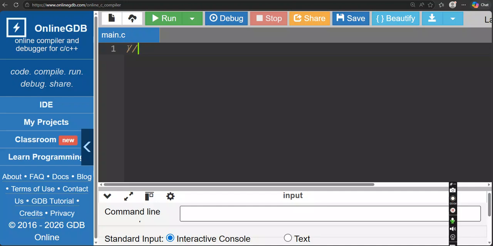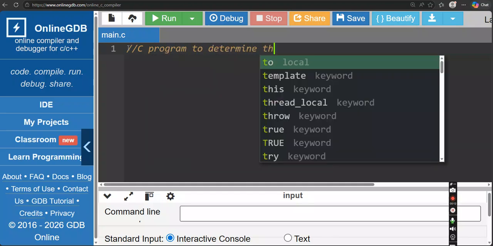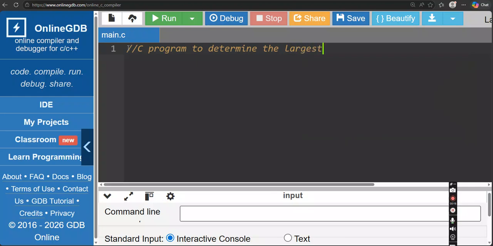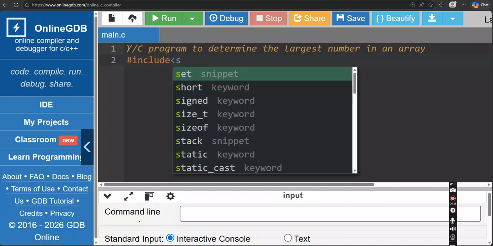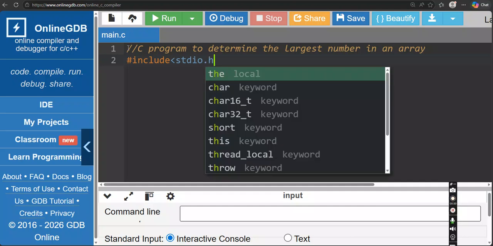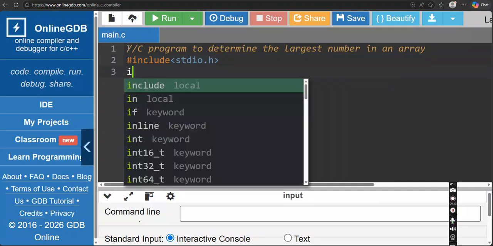So in this program we will try to find out the largest number in an array. C program to determine the largest number in an array. #include <stdio.h>, int main,